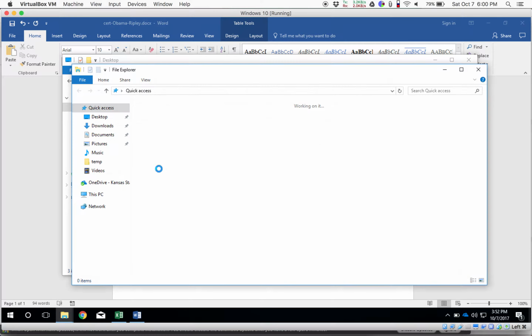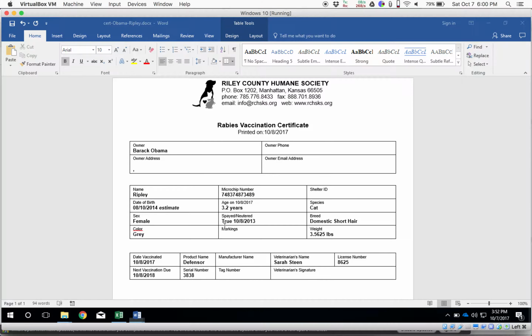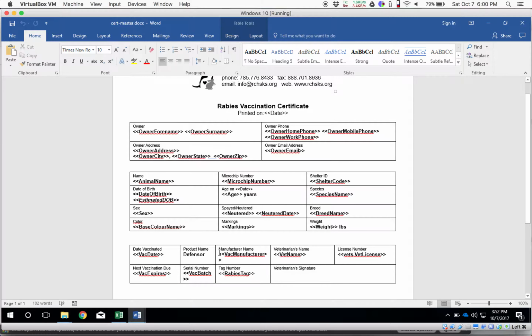It's on the desktop, and it is under cert master. So to save time, the things that are not going to change tomorrow, you could hard code in the master certificate and save it. So if I know that the vaccination date is always going to be 10-8-2017,